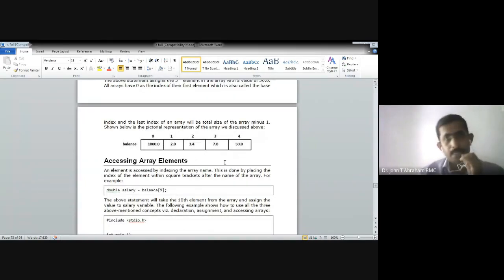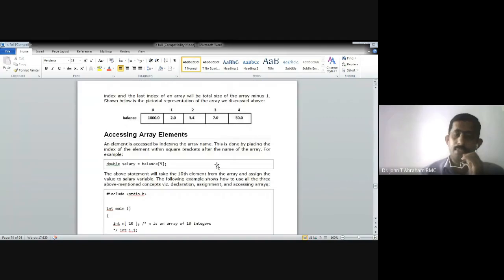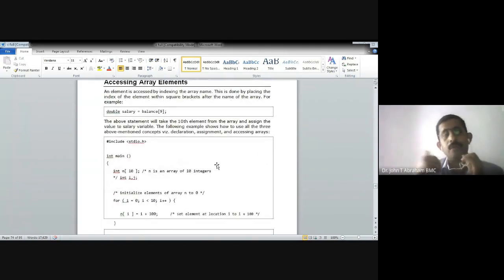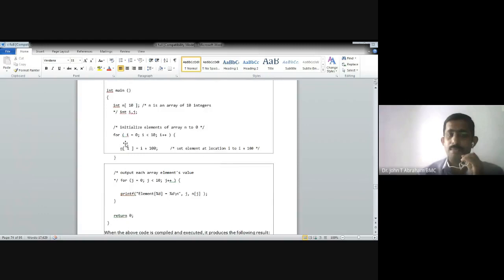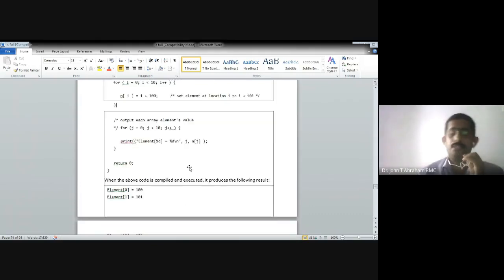Now, how can we access these array elements? For accessing, we have to use a loop. A for loop we can use easily. Just by giving a for loop, we can access elements. Say for int i equal to 0, i less than 10, i plus plus. Like that, then say n of i equals i plus 10. First n of i, what is the i value? n of 0. Then the next case will be n of 1. Like that it will be following.